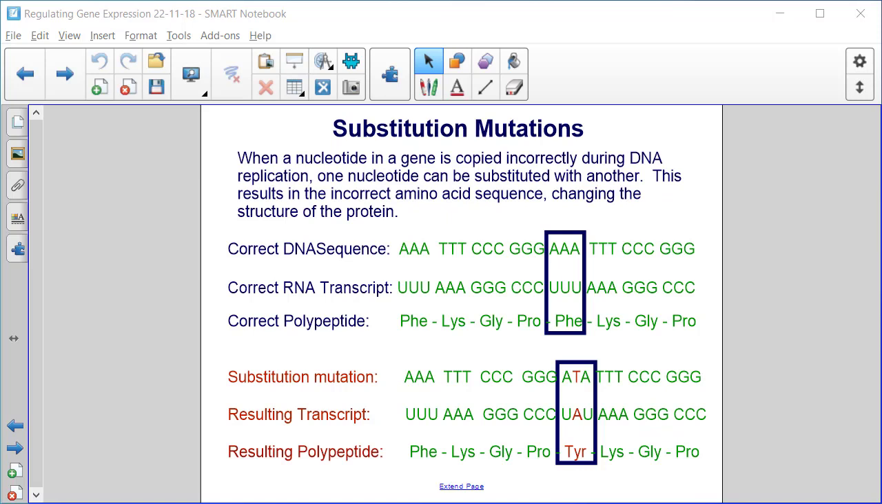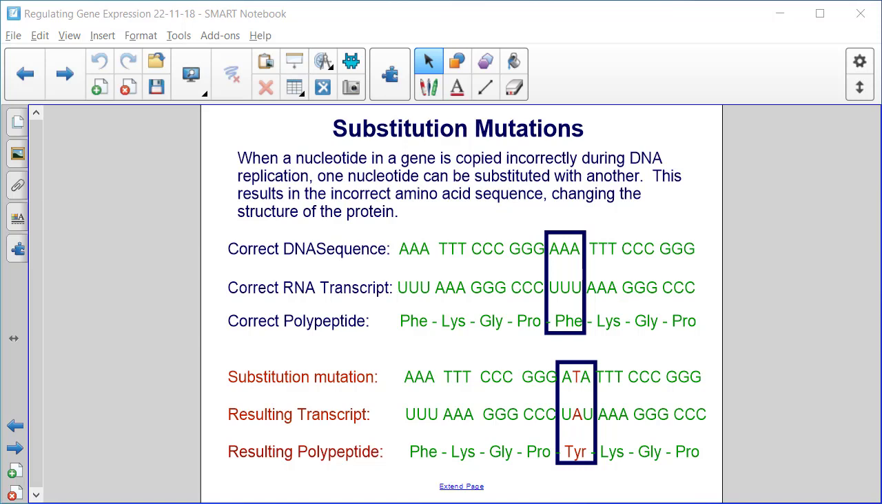Substitution mutations. When a nucleotide in a gene is copied incorrectly during DNA replication, one nucleotide can be substituted with another. This results in the incorrect amino acid sequence, changing the structure of the protein. So in green, you see the correct DNA sequence at this point as AAA, which means the RNA transcript would be UUU, and the polypeptide that UUU codes for is